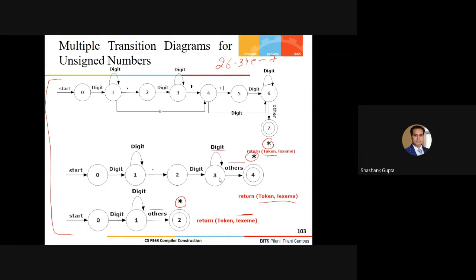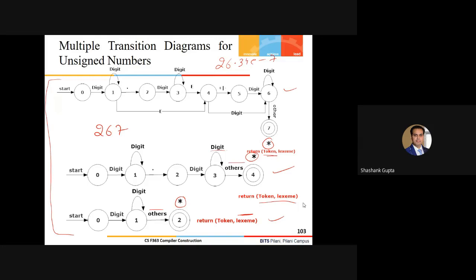But here, we have to understand a few important things also: how these multiple transition diagrams need to get traced. Because let's suppose I have implemented my lexical analyzer through the multiple transition diagrams notion here, and let's suppose I have to tokenize this 267 in my test case. So let's suppose the order you have given in your implementation is first for the exponent numbers, then for the fractional numbers, and lastly you have given the priority to the integers here.